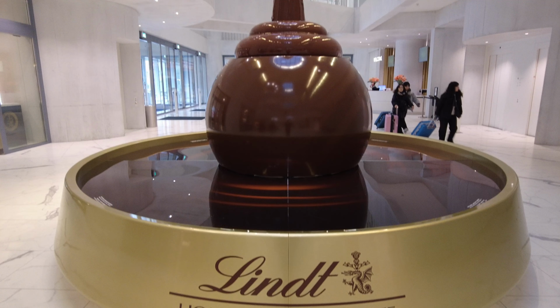Today I'm going to take you on a chocolate-filled journey to the Lindt home of chocolate. The museum is in a stunning modern building just outside the centre of Zurich. This is Switzerland's biggest chocolate museum, complete with lots of chocolate tastings, the biggest Lindt chocolate shop in the world,